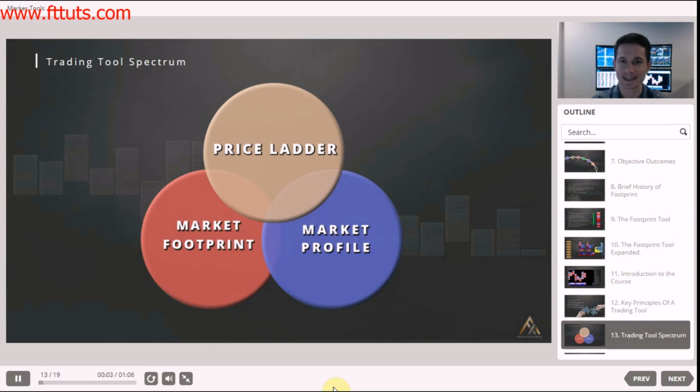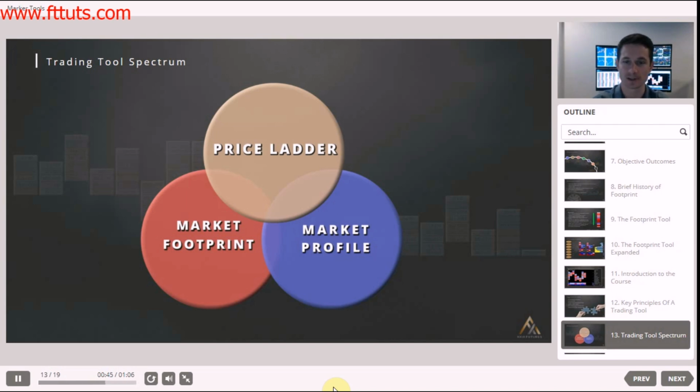When we get to units 6 to 15, we're going to start developing trade strategies. Every single practical example within the trade strategy units, we're going to be utilizing all three tools combined. The reason is very simple. The price ladder allows us to perfect execution. The market profile or candlestick allows us to develop context. And the market footprint allows us to develop confidence in our execution. Therefore, we can leverage up on our favorite trade strategies. All three of these tools together combined allow us a cross-pollination between tools so that we can make much better